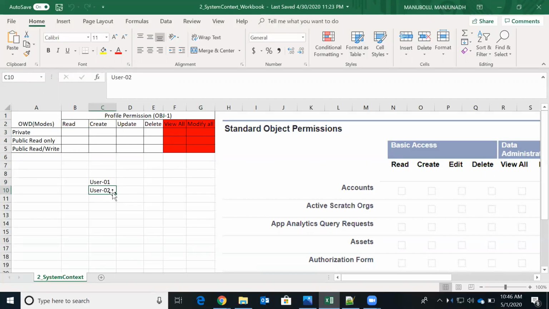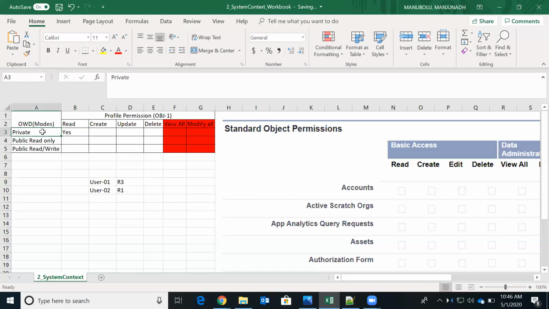For example, user 2 has one record, called the R1 record, and user 1 has a record called the R3 record. Now user 1 is able to see only the R3 record, whereas user 2 can see only the R1 record, if OWD is private and we have read permission.